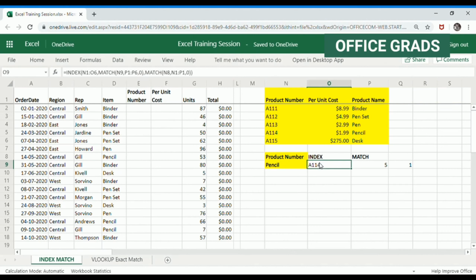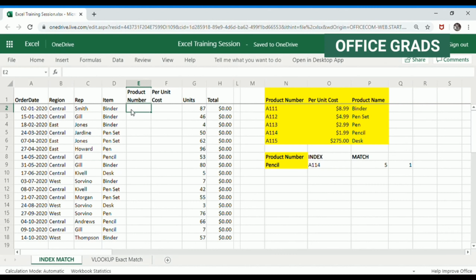And guys, you would have noticed I did not freeze any of these lookup arrays or the lookup values. So it is very important to freeze or set your lookup arrays. If you don't do that, it won't work, right? To learn about how to freeze, or what is the absolute cell reference or a relative cell reference, I suggest you check out my VLOOKUP video.